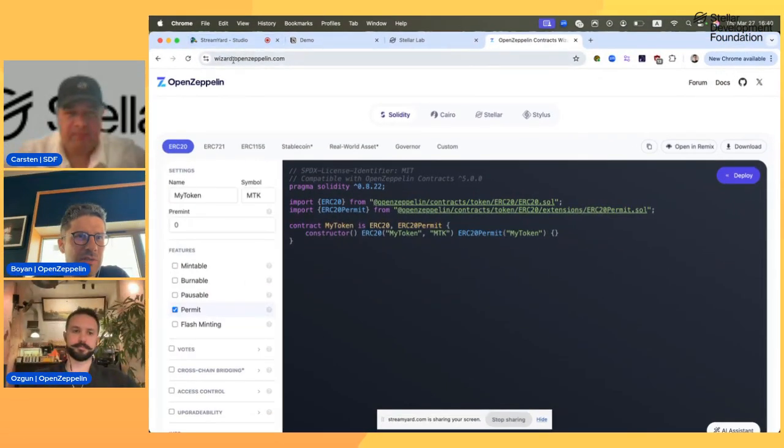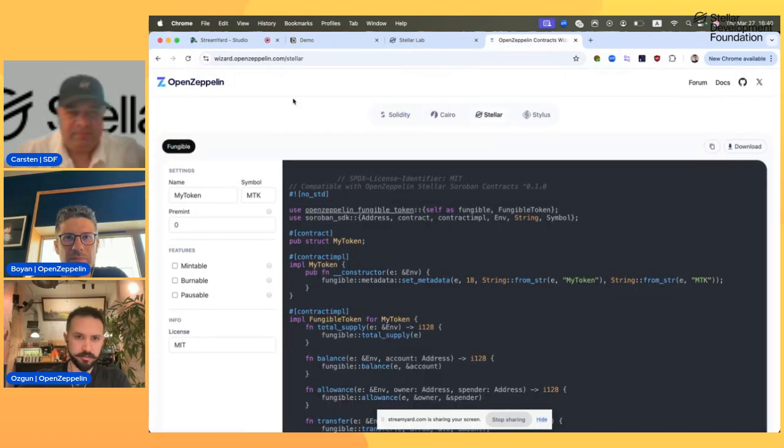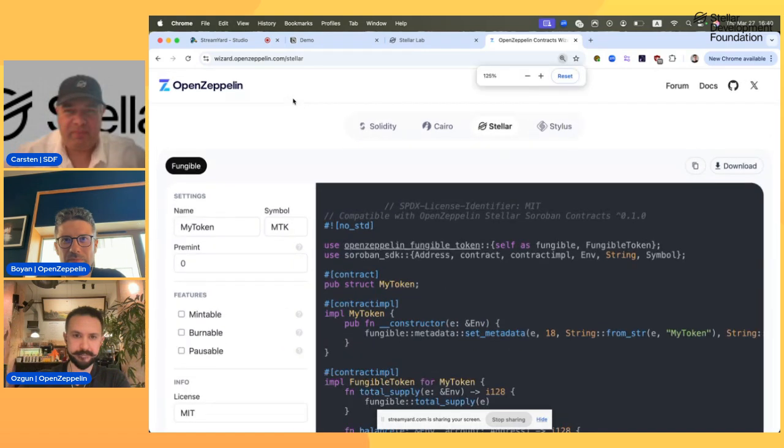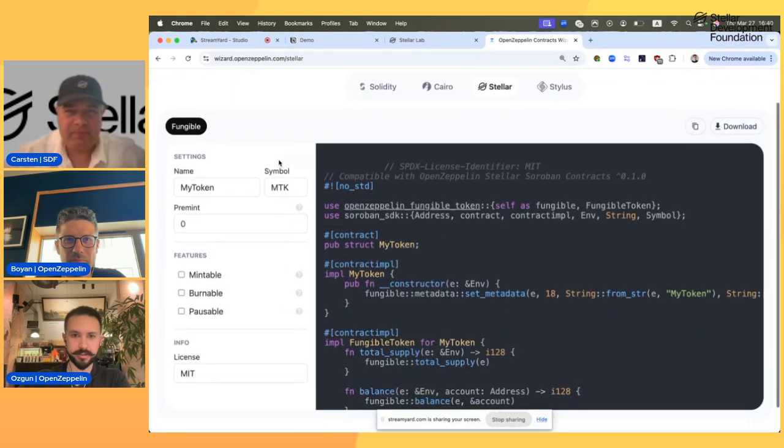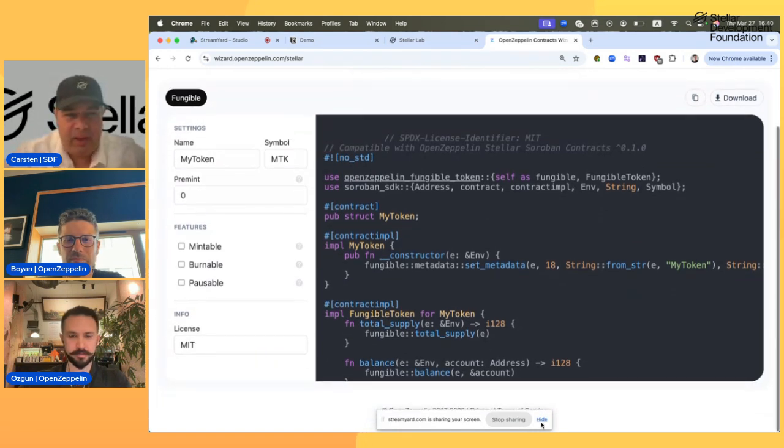It's wizard.openzeppelin.com. Bojan, I believe it may be helpful to zoom in just one or two more bits to make it more readable. Okay, is this fine? I think good. What do you think, Carsten? Yeah, I think we can read it now. It looks good.